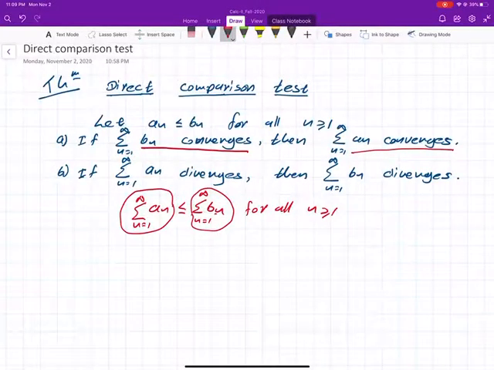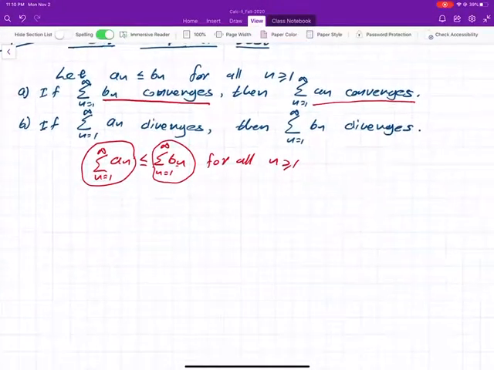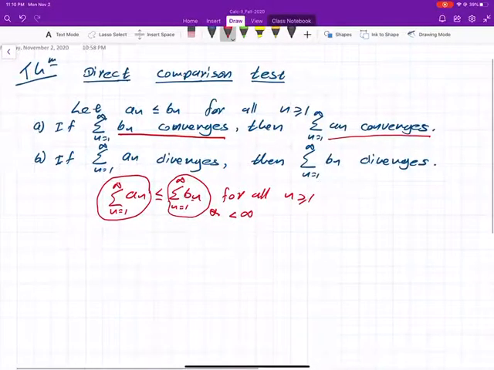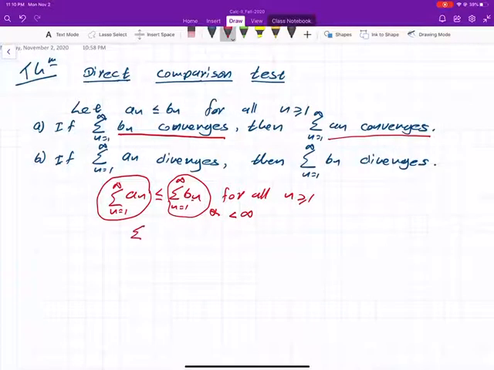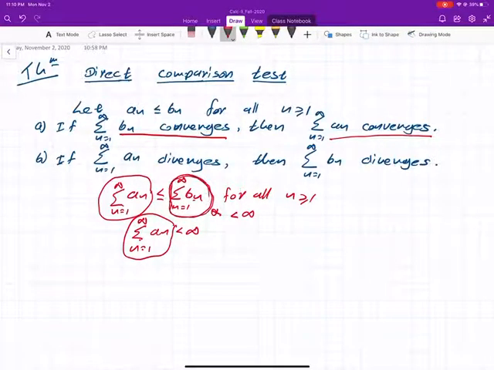All right. The bigger series converges means this is the bigger series. The bigger series converges means this is less than infinity. Okay, the sigma bn is less than infinity. Since sigma bn is less than infinity, sigma an is also less than infinity. Okay, sigma an less than infinity means this series converges. That means if the larger series converges, the smaller series converges. All right. In the next case,